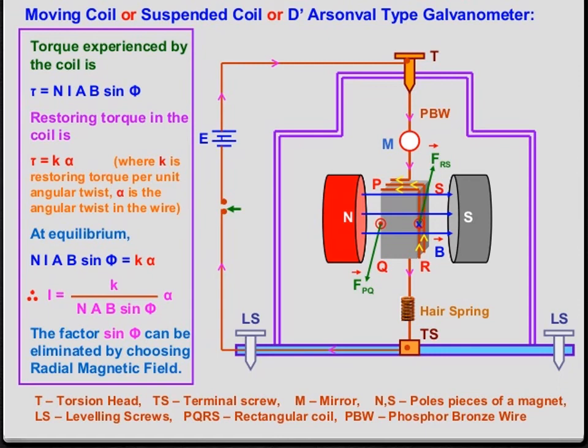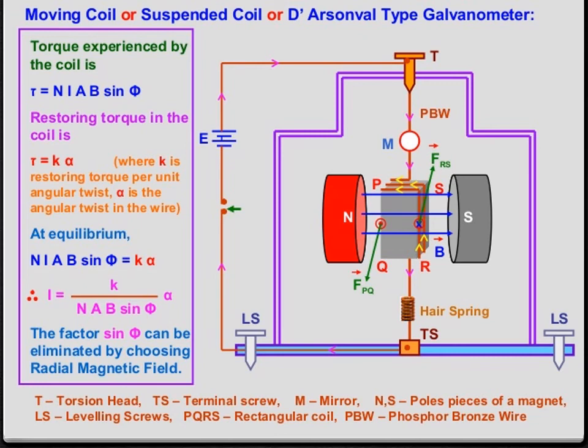The suspended moving coil galvanometer is very sensitive, so we have to handle it with high care. Most of the galvanometers we use are pointer type moving coil galvanometers. Now sensitivity is defined as the current required to produce a deflection of one scale division in a galvanometer. So what is the sensitivity? The galvanometer is said to be sensitive because it shows a large scale deflection even for a small current passing through it or a small voltage applied across it.